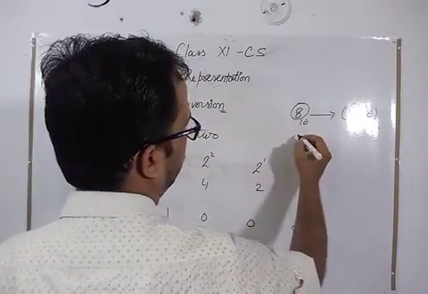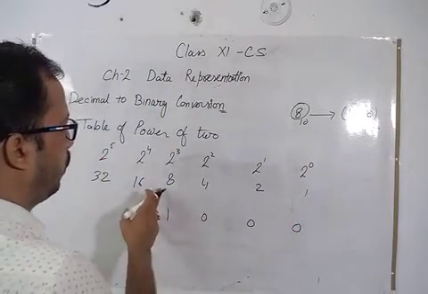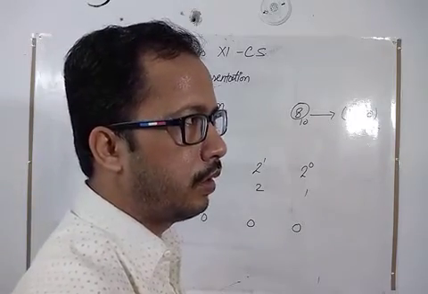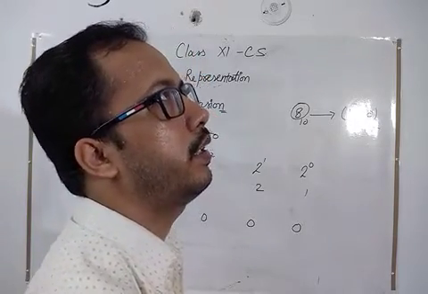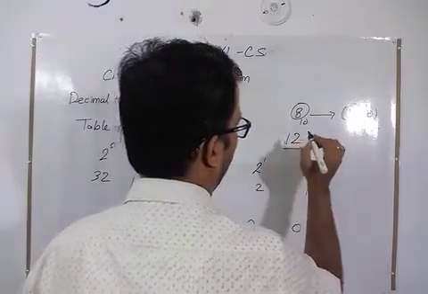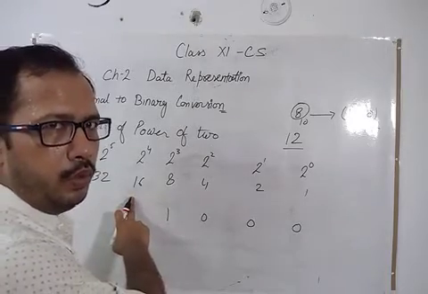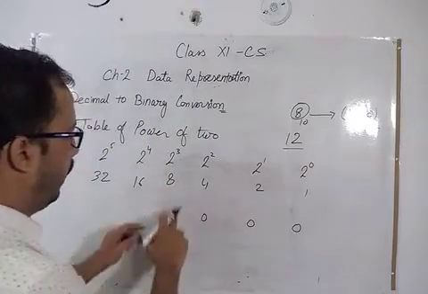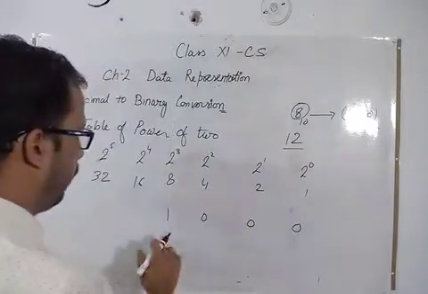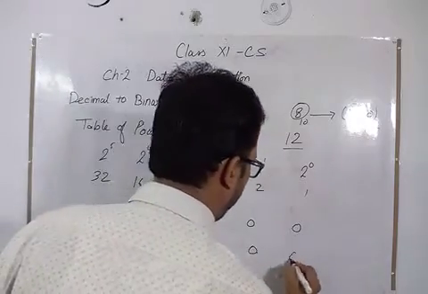Again we are taking another example. We want a number which is not in that series. Suppose the number for binary conversion is 12. So we want 12 here. It is 16, which is more than 12, so leave it. 8 plus what? 8 plus 4. So I want 8, I want 4, no 2, no 1.